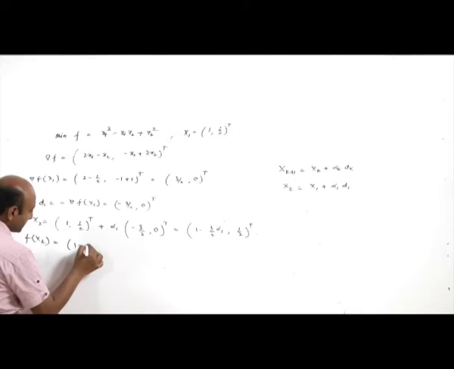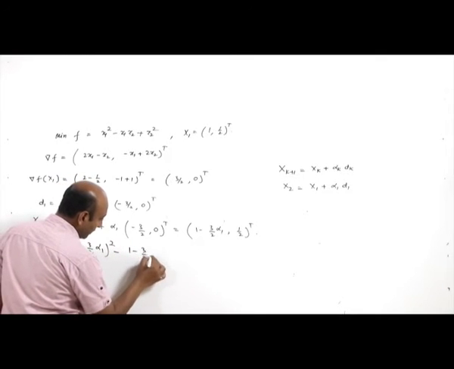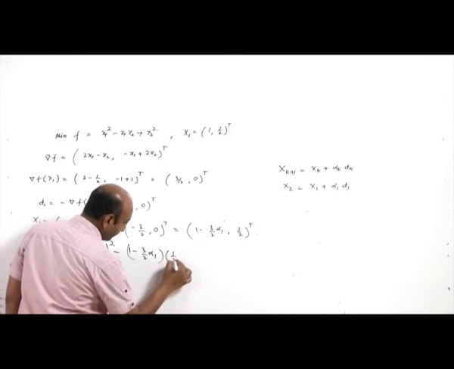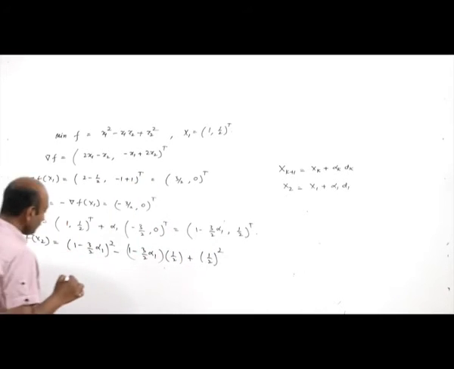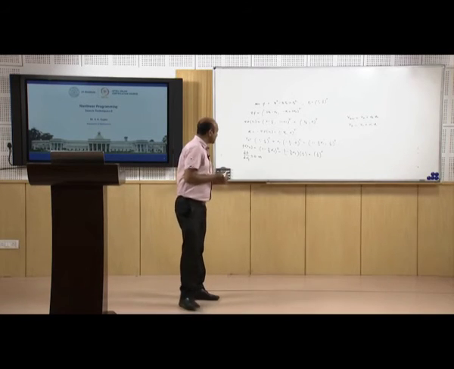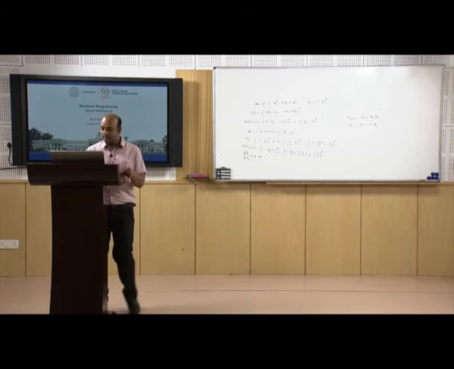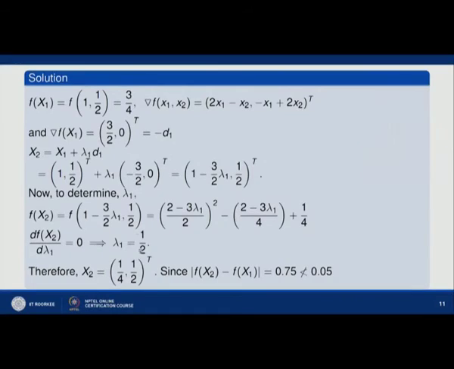It is (1 minus 3 by 2 alpha 1) whole square minus (1 minus 3 by 2 alpha 1) into 1 by 2 plus (1 by 2) whole square, and simply df upon d alpha 1 should be 0 for the maxima and minima of this function, and this gives alpha 1. Here we are calling it lambda 1, both are the same. So here lambda 1 is 1 by 2, or alpha 1 is 1 by 2,